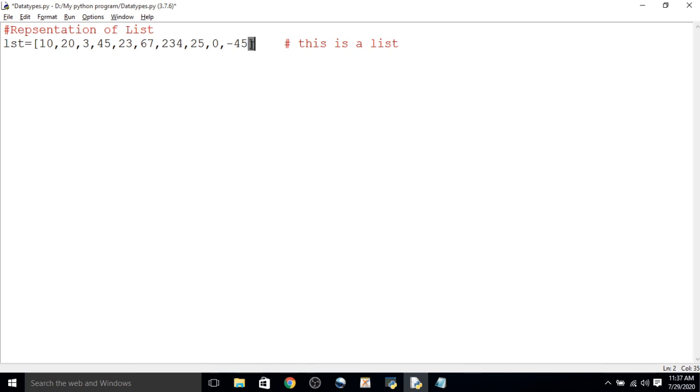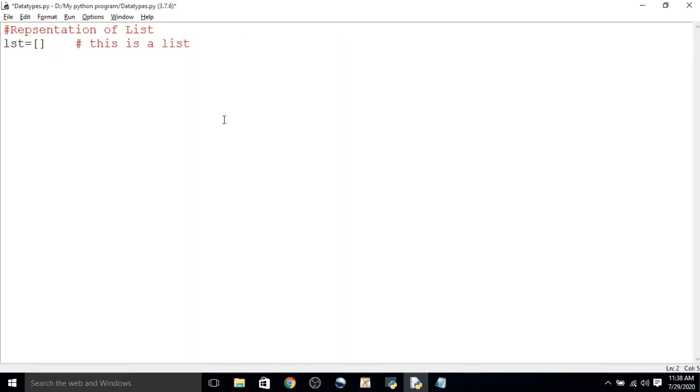The slicing operations, similar to the string, we can also apply on a list because it is similar to an array. And obviously the first number is stored at index 0. Now see how the lists will be represented. So here we have taken a list of elements. Now I want to change it.